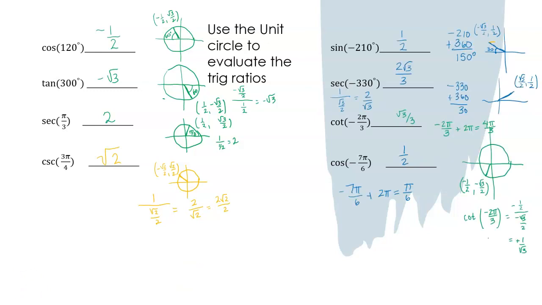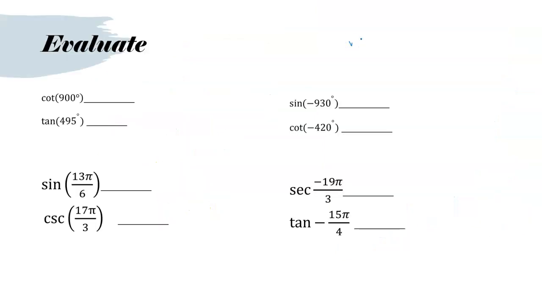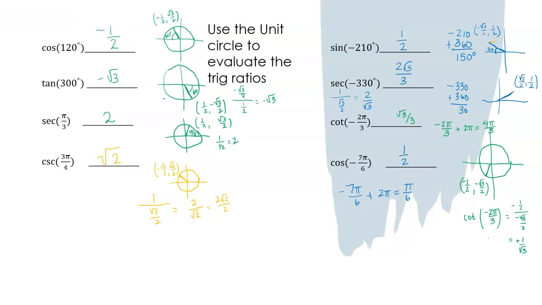For negative angles, we're going to add 360 or add 2 pi in order to turn them into the positive angle so we can figure out where we're looking at the unit circle. Please note that sine of a negative angle doesn't necessarily mean that your answer will be negative. When we did sine of negative 210, we were actually at angle 150, and our y-coordinate at that angle is actually positive. So that is a summary of how to use the unit circle to find values for sine, cosine, cotangent, secant, cosecant,